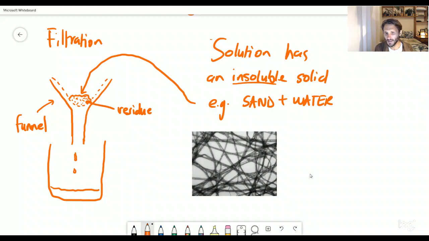A question in the exam might be, well, how would you attain a dry sample of the sand? And what you can say then is to rinse it once through again with some water. The water will then again drip off, and you can leave that out to dry, and all the water that's remaining within the sand will then just obviously evaporate off, and we will be left with a dry sample of